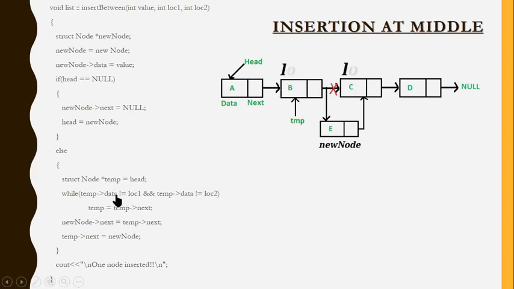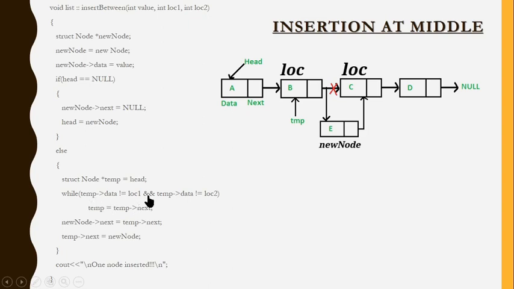So temp points to data is not equal to location 1. Here we'll be giving location 1 and location 2. For example, if I say 1, 2, 3, 4, that will be given over here. That's our location part. So this is 1, this is 2, this is 3. So it should come between 2 and 3. But here the temp is over here. It is in location 1. Temp points to data not equal to location 1.